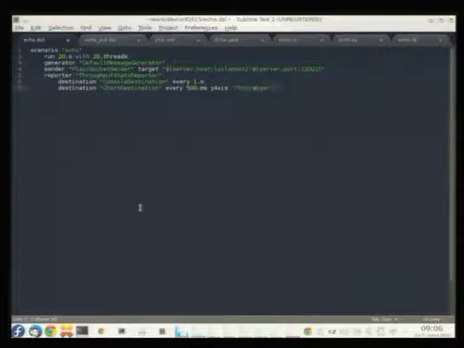So, some reporting. We would like to measure throughput of the application or the service. We would like to see the throughput at console, let's say every single second, and then we would like to see some chart of the results, or we would like to measure the value or values every 500 milliseconds.